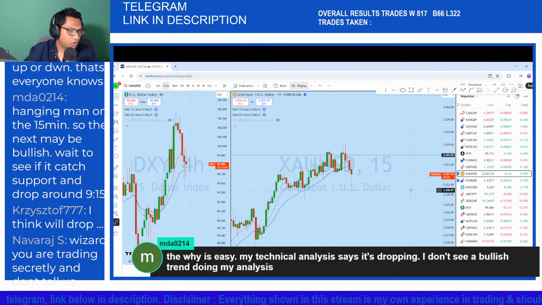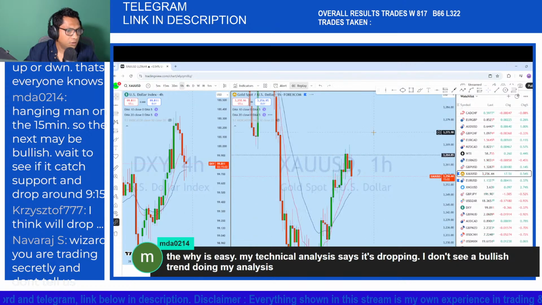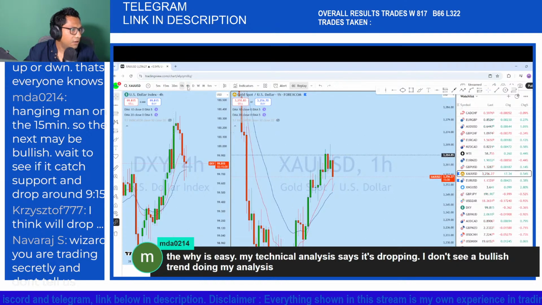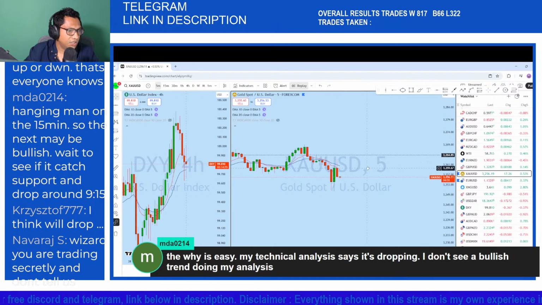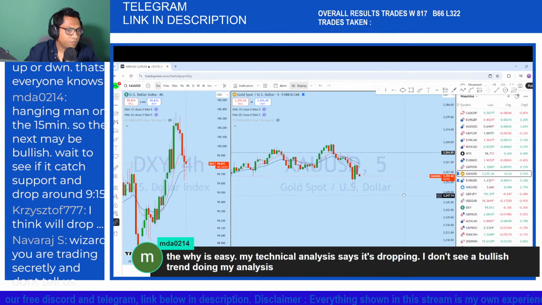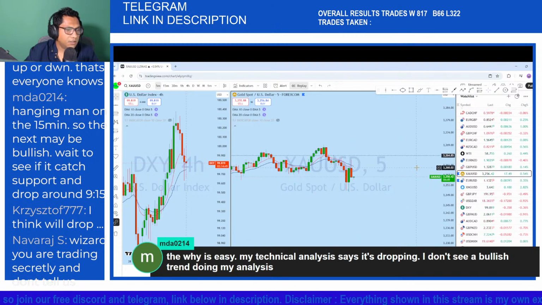and with that doji we could see the market remain here in a one directional bias. So this is a 5 minutes candlestick pattern, and in this